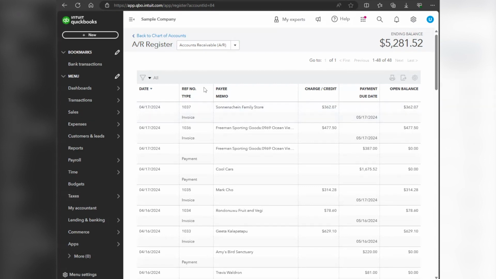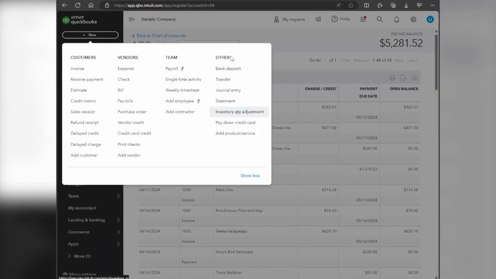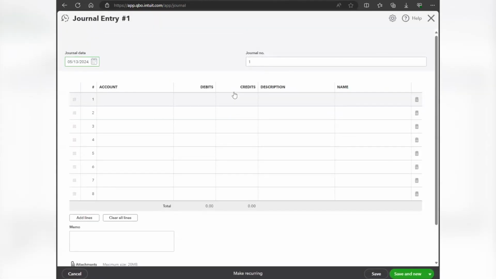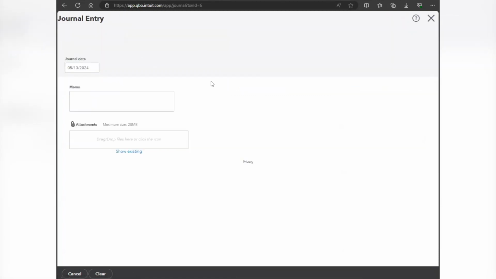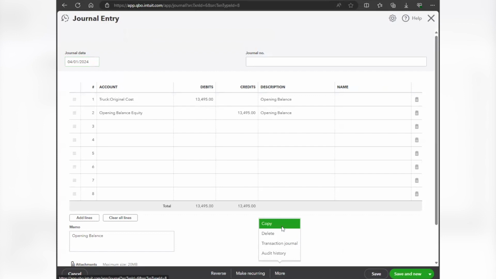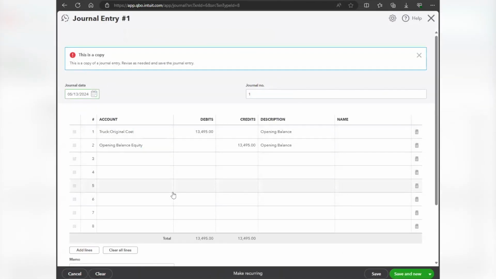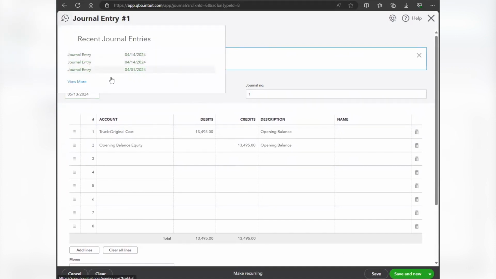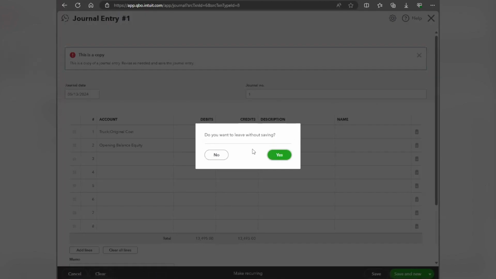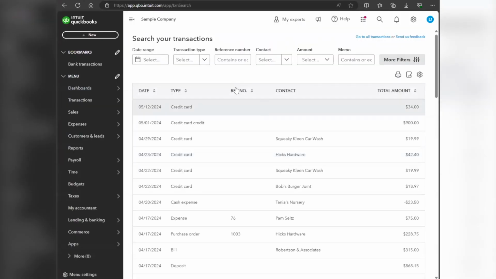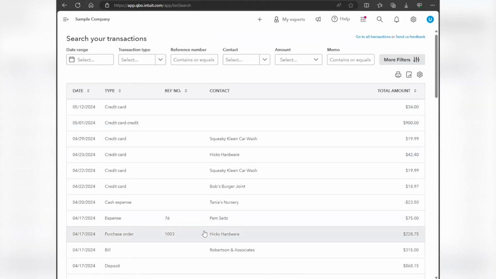Another thing I noticed is when you are creating a new entry, let's just pick the journal entry, for example. And I wanted to see previous journal entries just so I can compare, or if I needed to even copy it. You can always select a previous journal entry, you can make a copy this way, and then you can edit this, right? But if I wanted to look at something that was beyond the three that are listed here, you can click on View More, and obviously you can continue on,